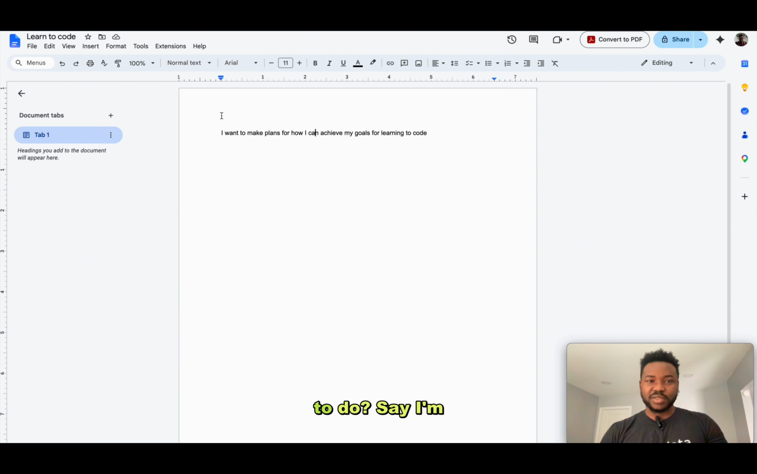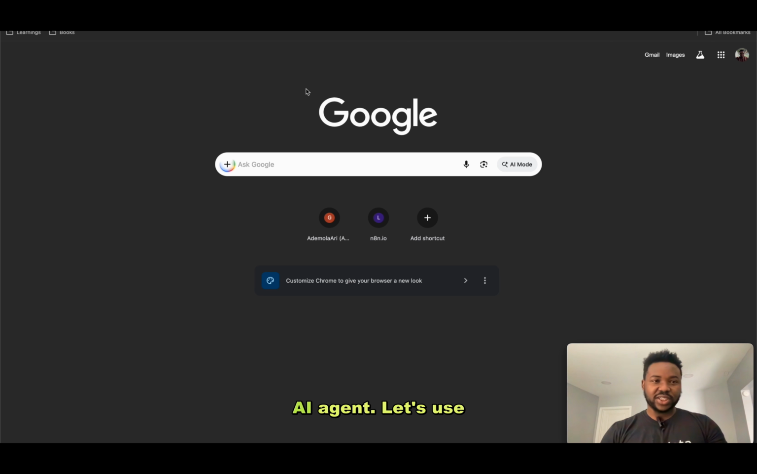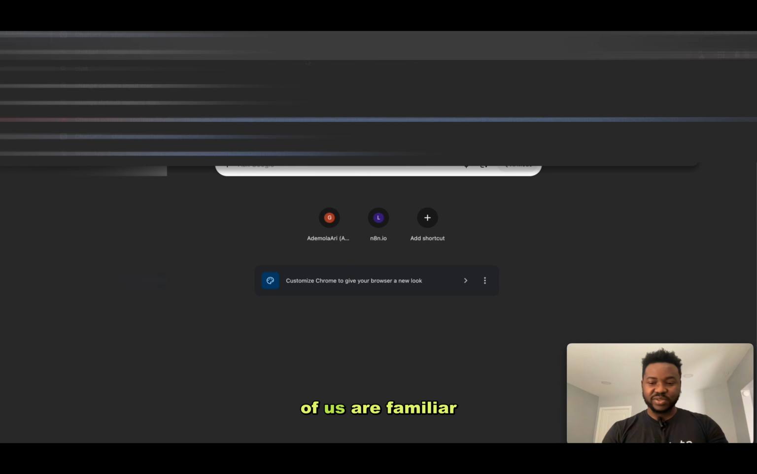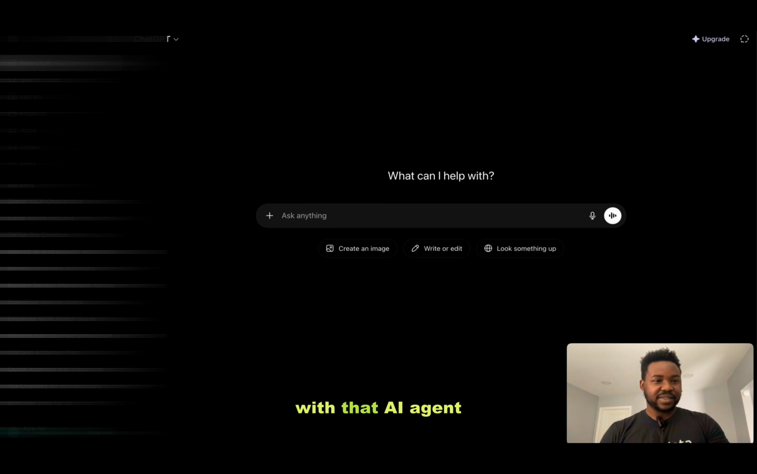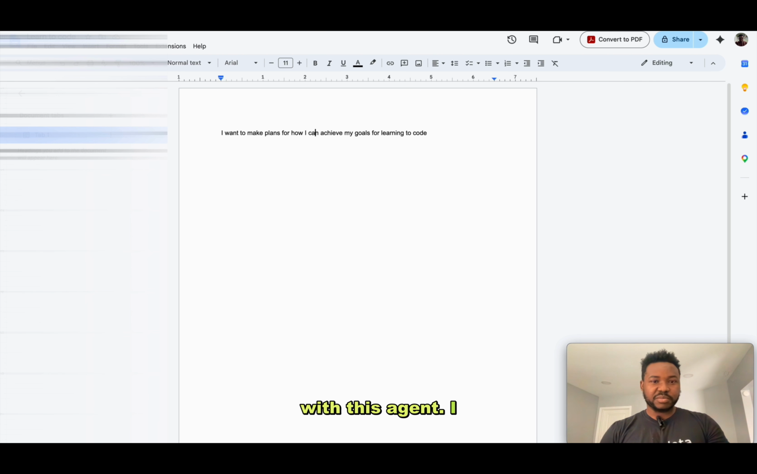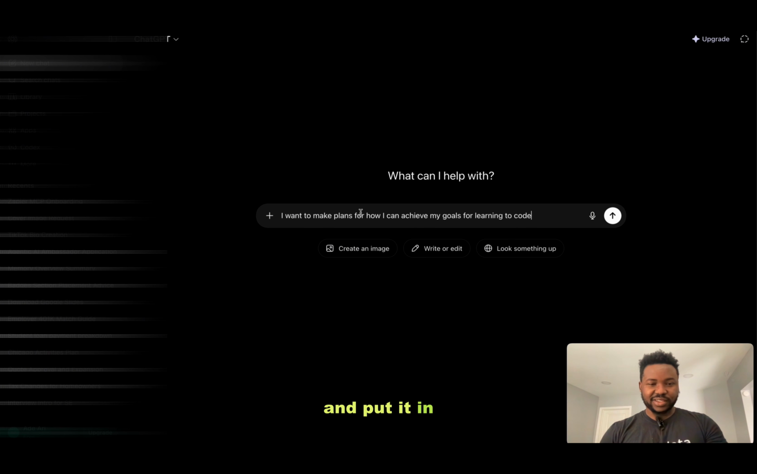Pre-MCP, without MCP, what am I going to do? Say, I'm going to look for an AI agent. Let's use ChatGPT, since most of us are familiar with that AI agent. And I'm going to say, okay, how do I collaborate with this agent? I would most likely go there, copy this file, and put it in this text box and say,